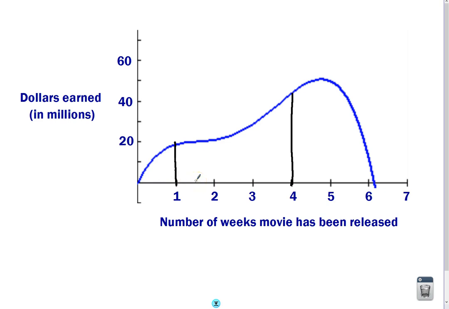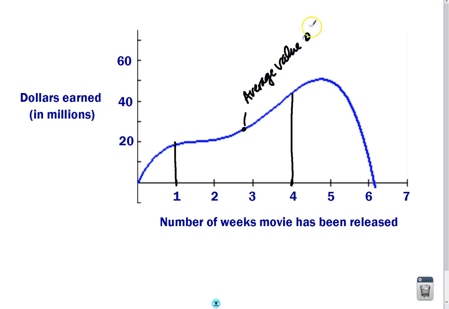I have no way of finding the average just by adding up each individual term because there's an infinite number of them. But if I could find a number somewhere, maybe right here, this number is the average